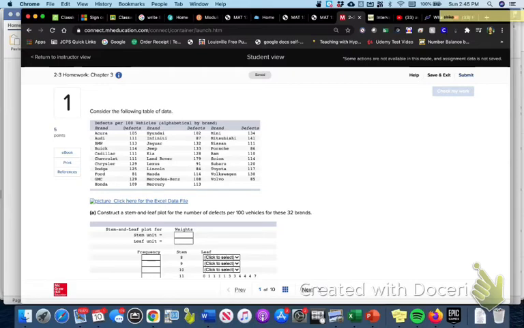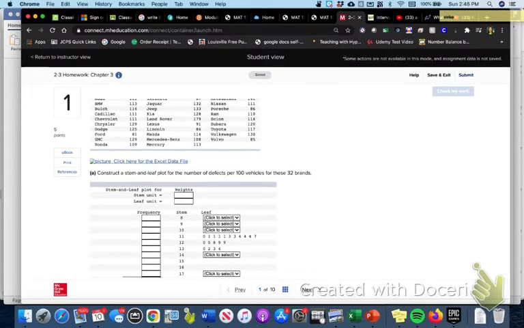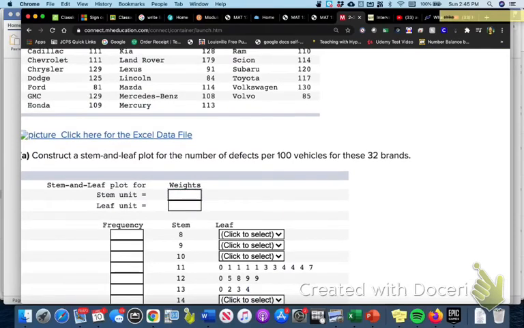You'll notice the table up here talks about vehicles, but when it asks you to construct a stem and leaf plot, it says weight down there. That is a misprint. It should say vehicles, just like the rest of it. Just FYI. So I'm going to answer the very first blank right here, where it says stem unit. I'm going to type in an answer,